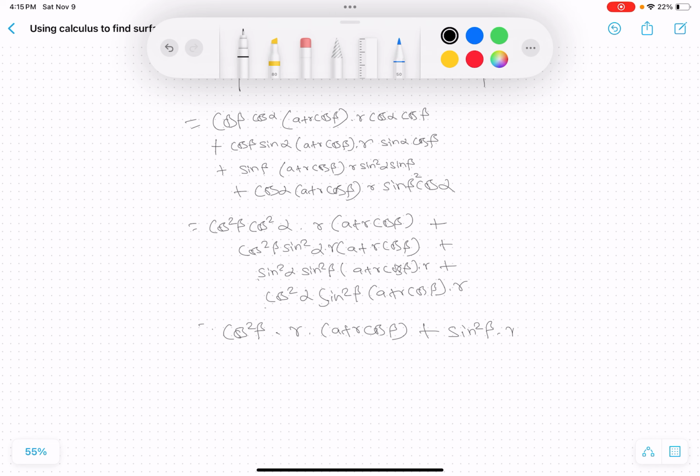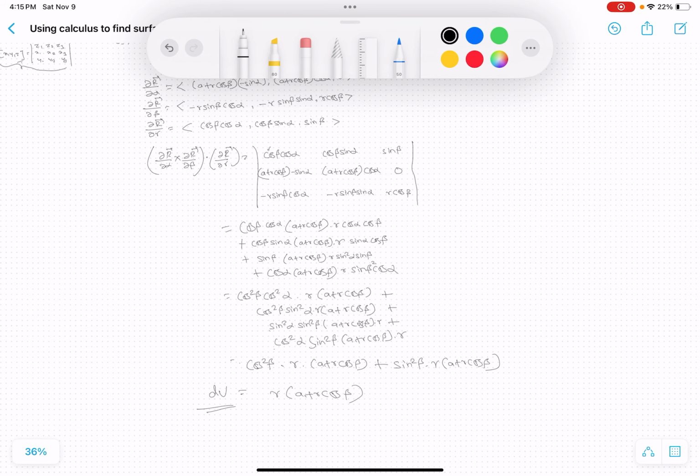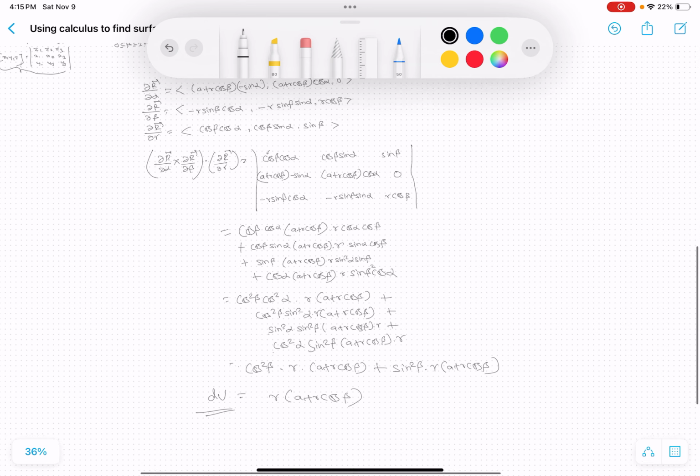Now if we take r times a plus r cos beta common, there will be cos square beta plus sine square beta, which will again add up to 1. So r times a plus r cos beta. So this is our dV element, right? And I want to tell you something else as well. Now basically, you must have noticed that